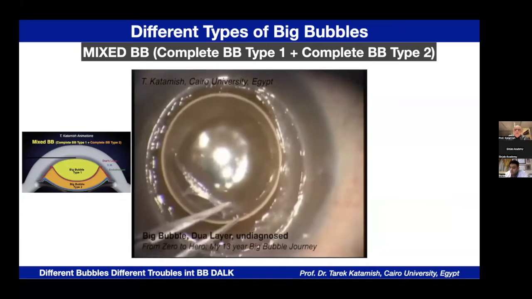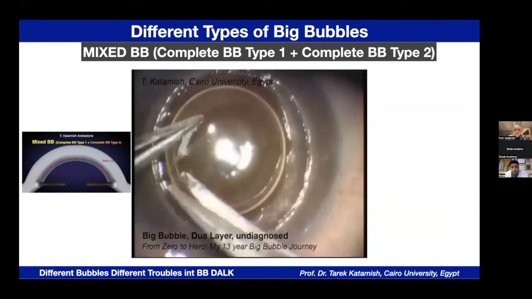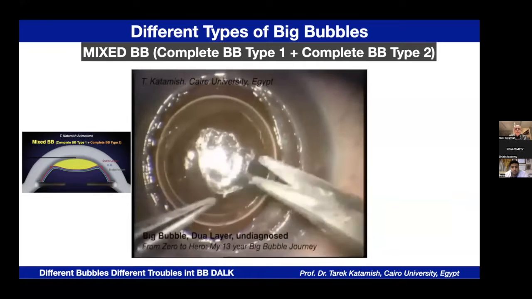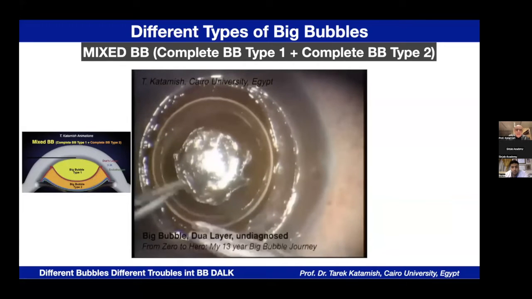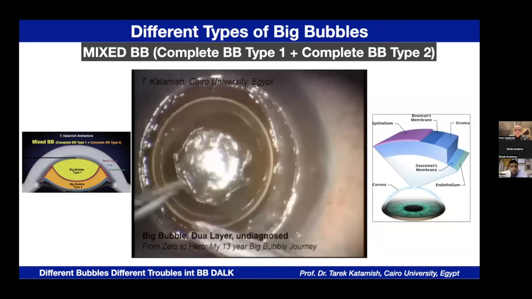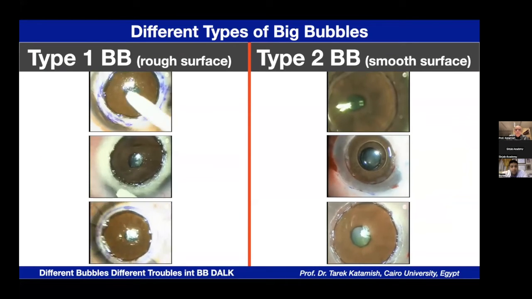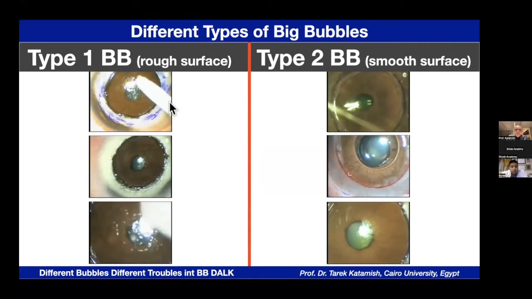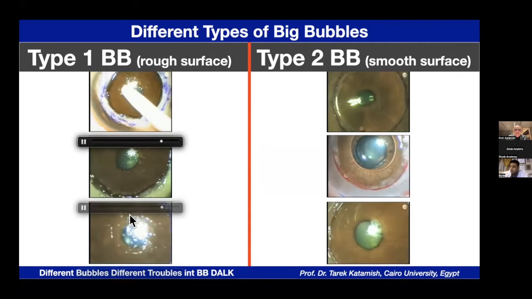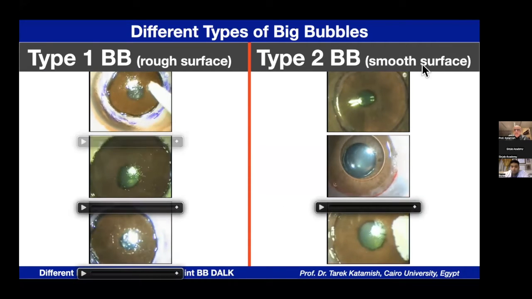But this video was very old, about 10 years ago, before the introduction of this layer, and at that time it was not clear for me that this is Dua's layer. But now if I have 2 big bubbles, I just open the second bubble, but I don't remove Dua's layer. So this shows the difference between big bubble type 1 with its rough surface and big bubble type 2